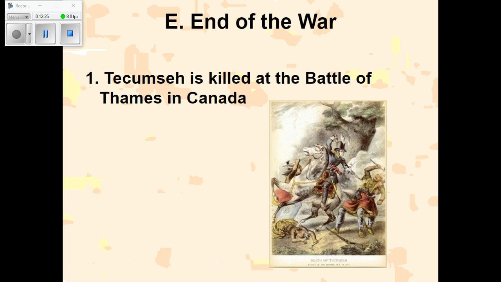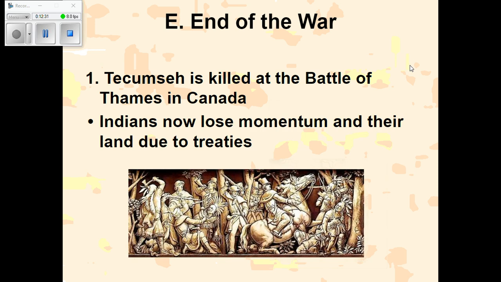So this is going to be the same thing for the British here, that once the Native Americans are out, they themselves start to lose momentum for their own cause, and they start to lose their land at the same time due to all these treaties that are going to pop up, like the Treaty of Greenville, where they lose a lot of their land in Ohio. They actually get pushed up into what would be the Great Black Swamp by the Toledo region, and then we end up pushing them out towards Indiana and even further out west. Because they've lost Tecumseh, they've lost their momentum, and they're basically done in this fight.